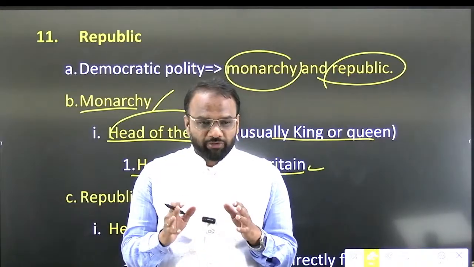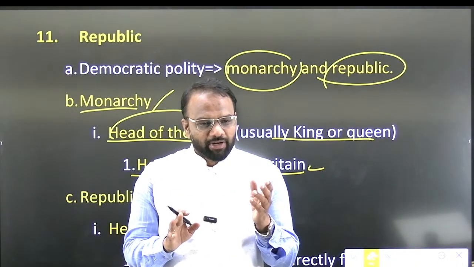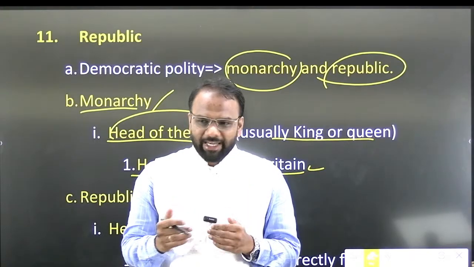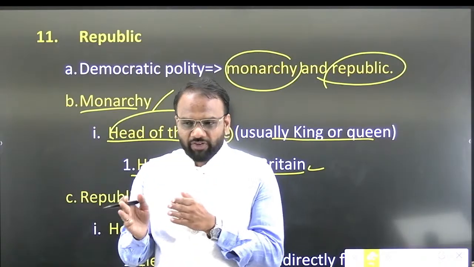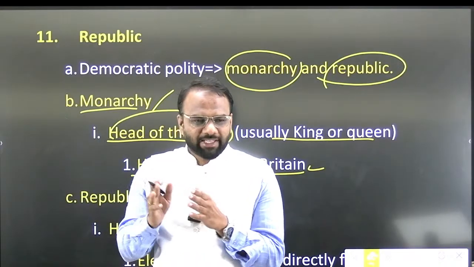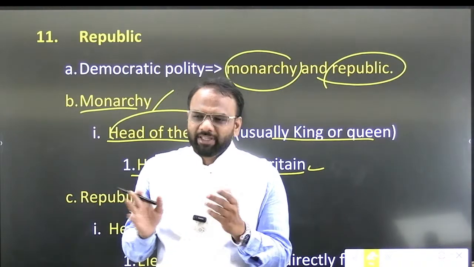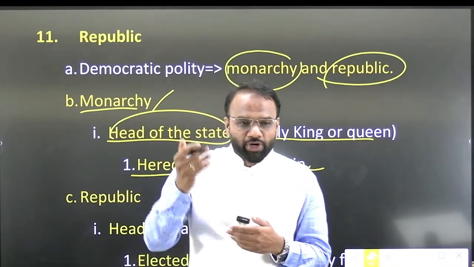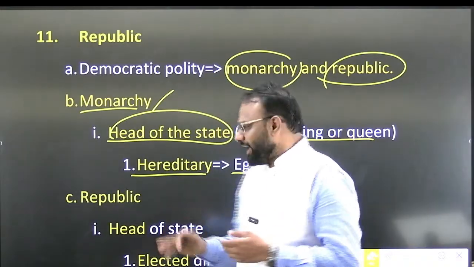But again, don't get confused that in Britain everything is ruled by the king. No, there also he is a namesake itself. Like in India, the president is a namesake. Okay, so the president will act as per the advice of the council of ministers. There also similarly, the king will just act as per the advice of the council of ministers and prime minister itself. But the system is different. The position of that head of the state is hereditary. Okay, hereditary. But in India,